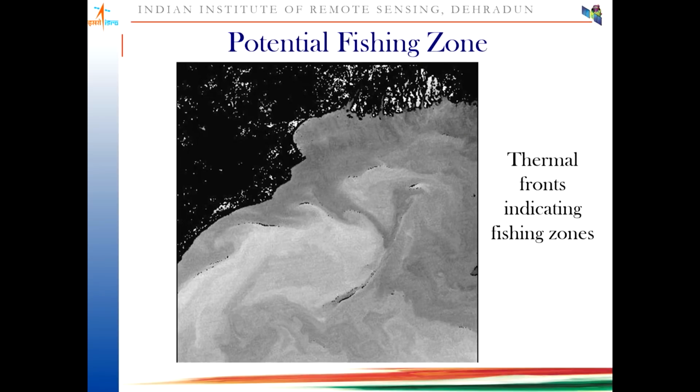So this is what we were talking about, the potential fishing zone study. Particularly, this is a thermal image showing the fronts. So these are all thermal fronts. You can see the eddies form. They indicate the probable fishing zone, particularly because these have been formed where the cold water with a lot of nutrients is coming from the bottom circulation, and it is mixing in the top warm water